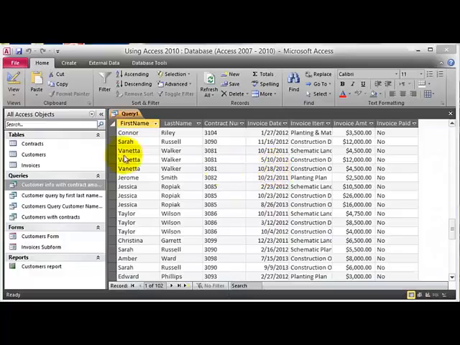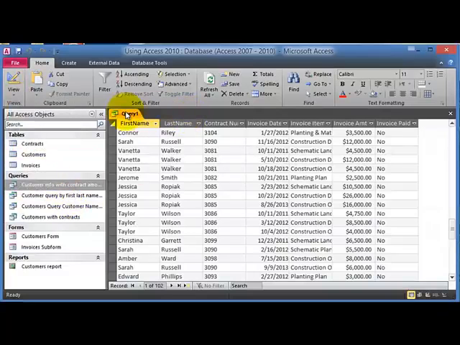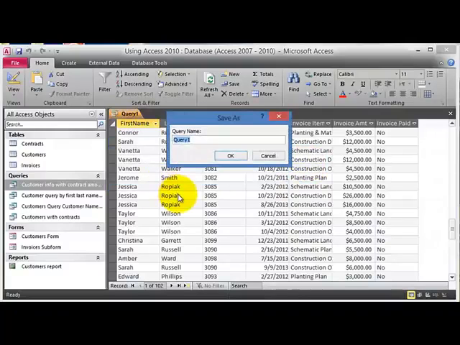Now what about in this list we do not even want to see the word no here, or these fields, but we want to display only the customers that have not paid their invoices. What you can do, again, we can hide this field. And if you remember earlier, we could go here under design view. And by the way, I'm not right clicking on it because we have not saved this query yet. So if I go ahead and choose to save this,